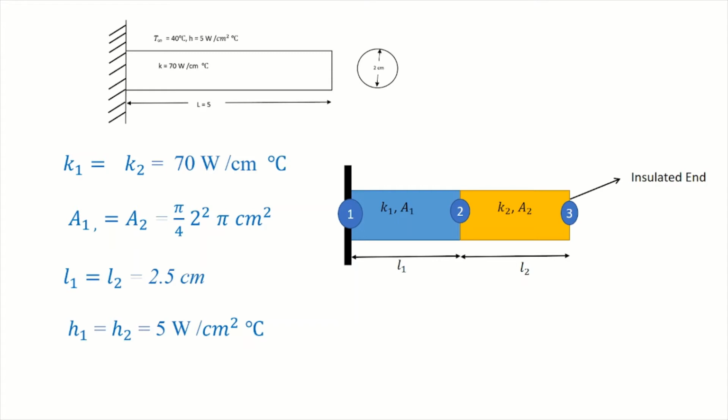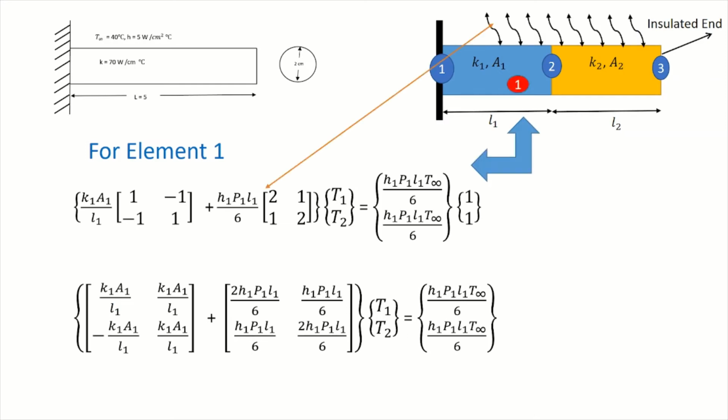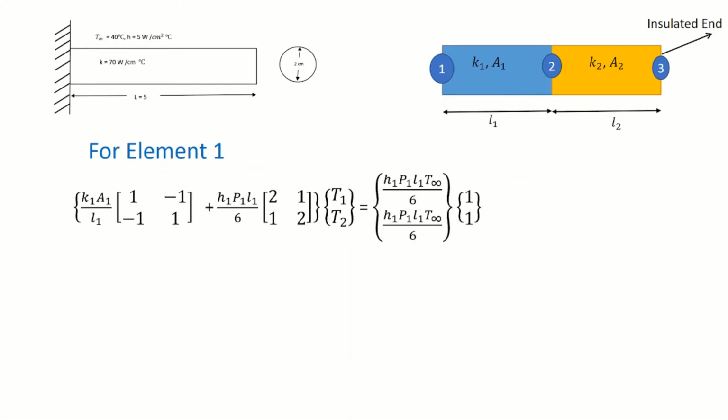So this is the problem statement completely. K1 is equal to K2, 70 watt. Because as I told earlier, even if you cut the metal into 1,000 parts, conductivity and density won't change, but area of cross section will change. And H1 and H2 is the heat transfer coefficient of the outside, so it won't change. Got it? It will be the same. That's why conductivity and heat transfer coefficient are the same. However, area and length will change as we are dividing this into two equal parts. Now see, slowly we will go, otherwise it will bounce.